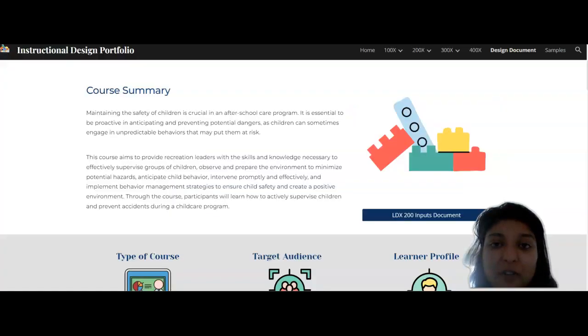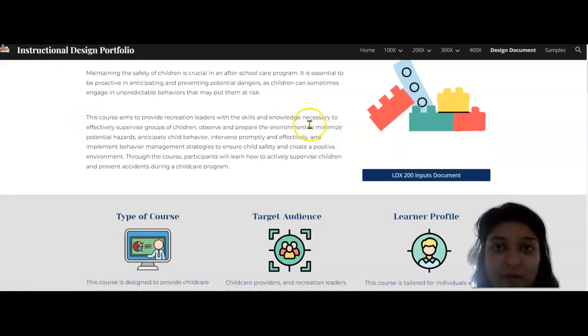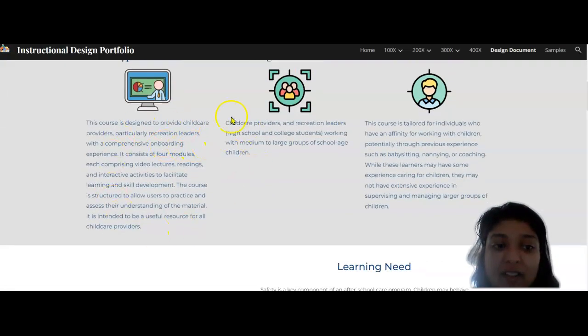So I'm going to jump over to my instructional design portfolio here just to give you a little bit more information about this course. This is going to be a 4-module comprehensive course, and it has video lectures, readings, and other interactive activities to engage our rec leaders and to help them develop these necessary skills. It's going to be structured so that they can practice and assess their understanding of the material,